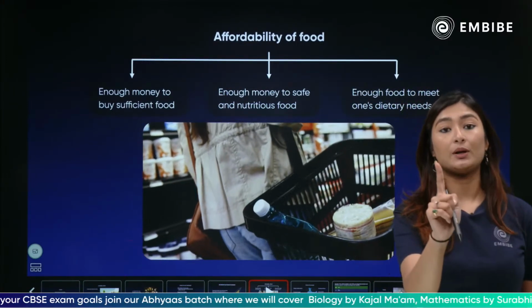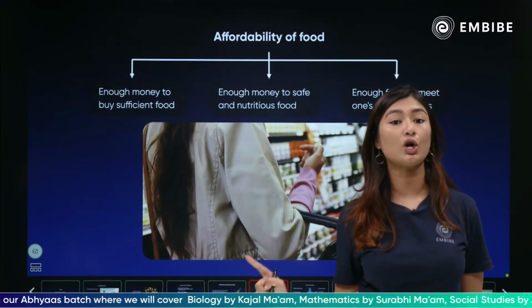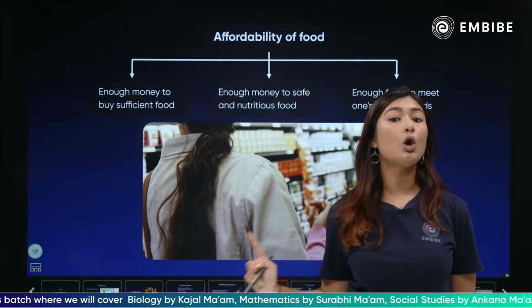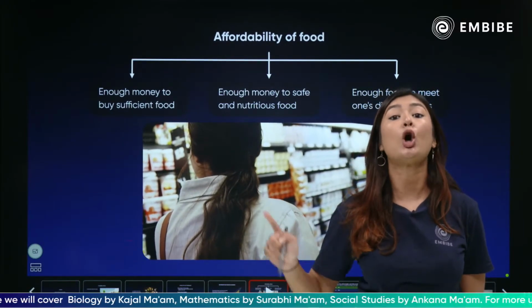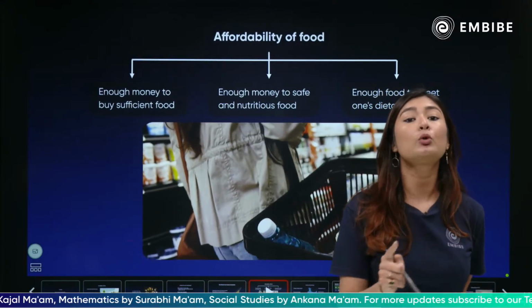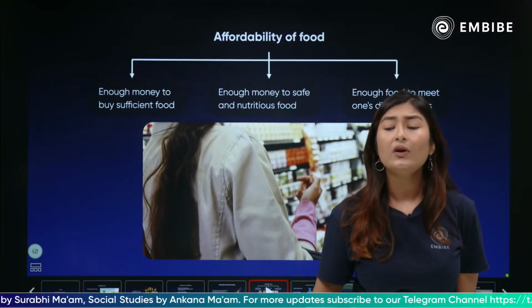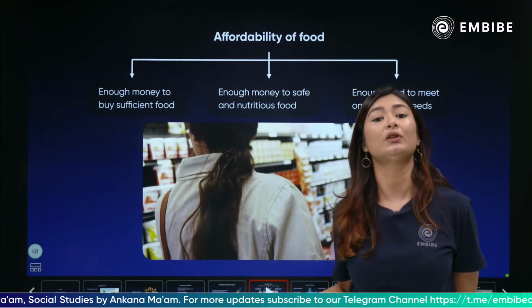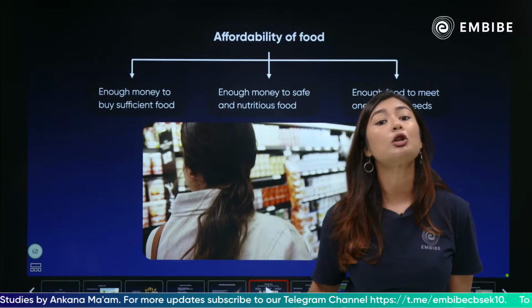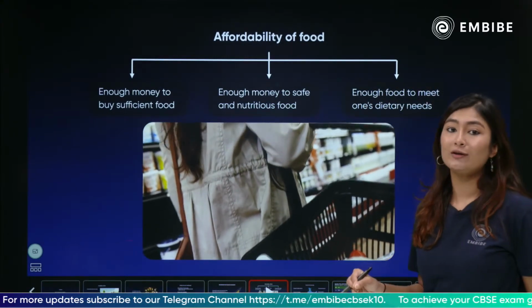Bread was available, it was in shortage, but it doesn't mean that it was not there at all. There was a lot of food available to feed a lot of families. Few families would have suffered, but still a lot of them could have fed themselves. But what was the problem? It was so expensive that despite the bread being available for a lot of people, they were still not able to buy it. So just having food available is not enough.